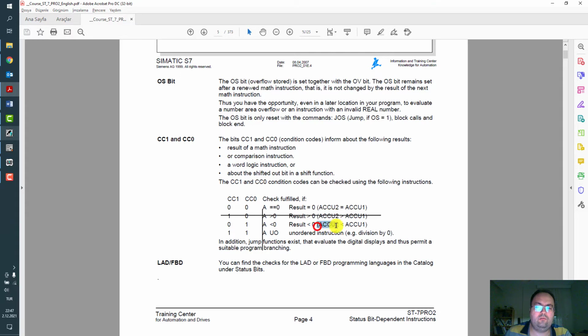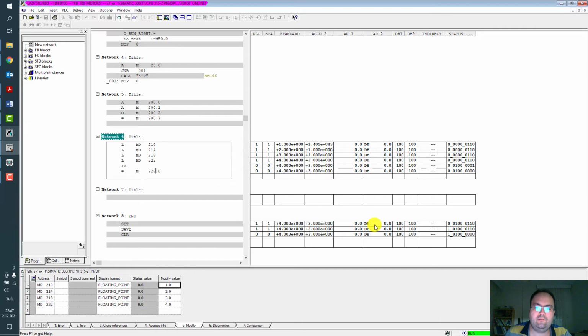That means AQ2 is smaller, less than AQ1. Yep, as you can see here. After this command, we can use CC1 and CC2 bits to understand the logic operation, or we can use another additional or helper memory bit to evaluate the command.